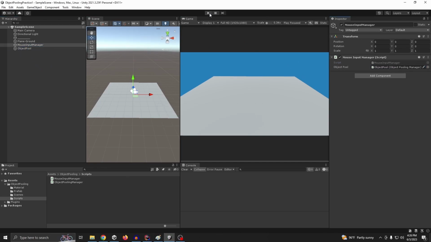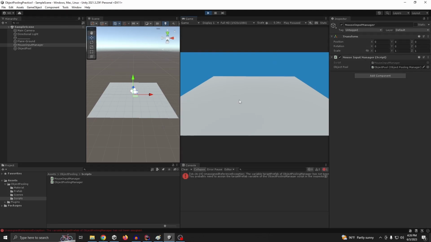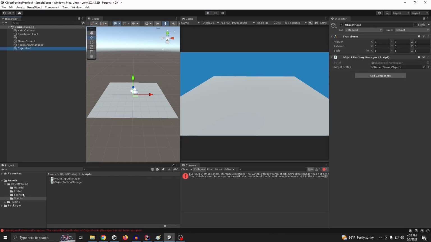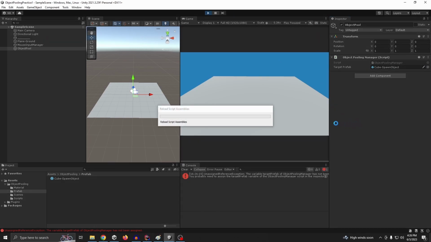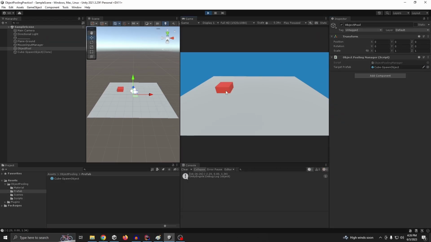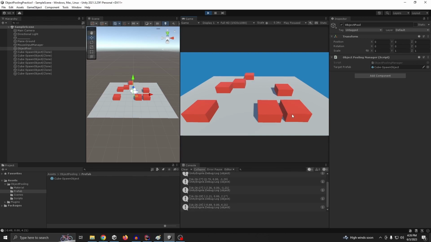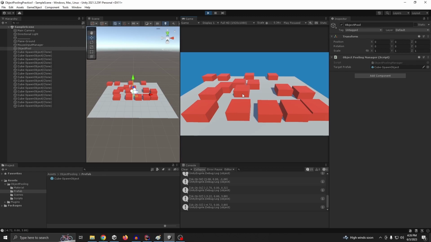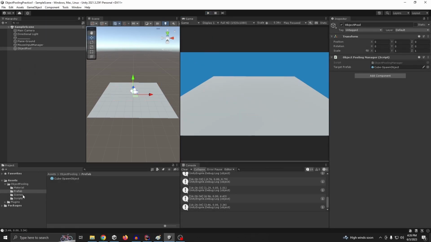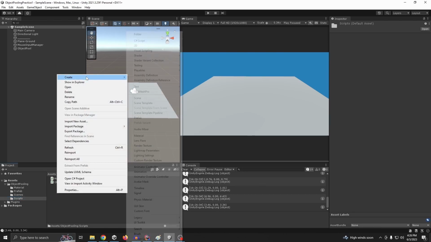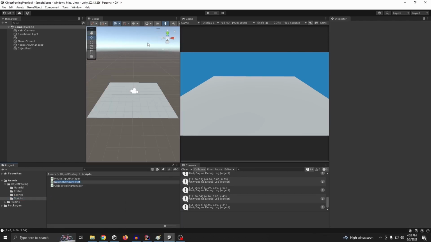Let's assign this script here, and if we play it, no, why? Oh, we need to assign our prefab too. Bam. So it's generating a cube on our position, but we also want our object to disappear after 3 or